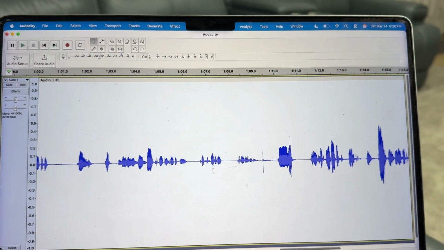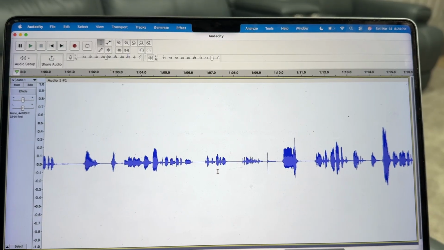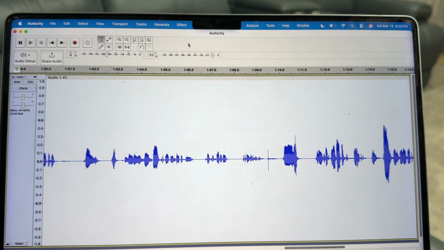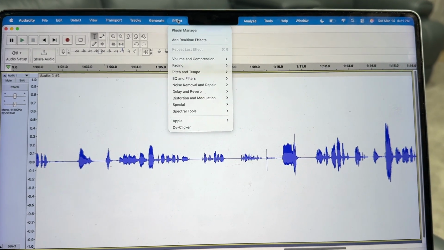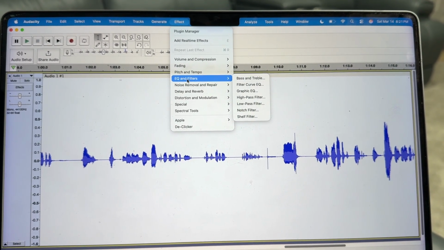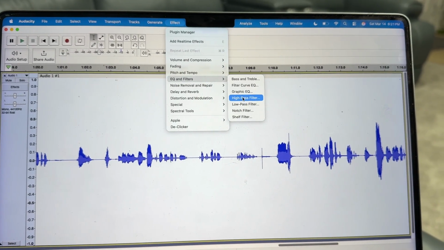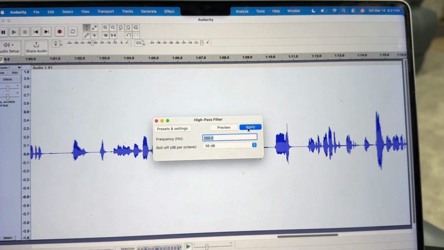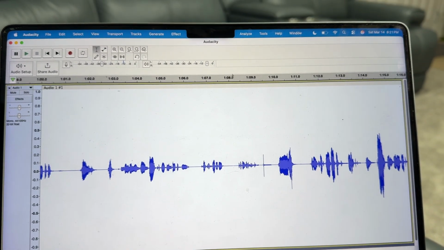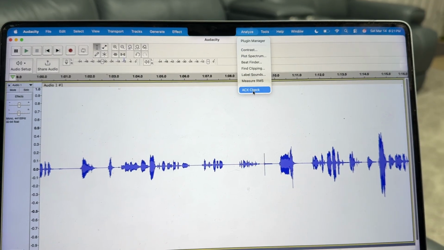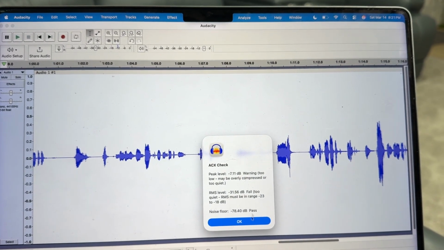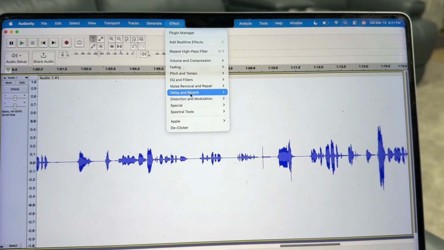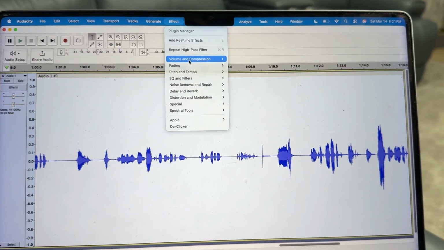Okay, so these filters do have to be run in this order, and I'm sure you'll have try-and-fail cycles, whatever. They're under Effect. The first one is under EQ filters, the high pass filter. And 250, I don't change it. And then you apply that. You don't see a lot, but we'll go here. You don't have to look every time, but I'm just showing you. So it didn't change a lot. Okay, so EQ filters, high pass filter first.